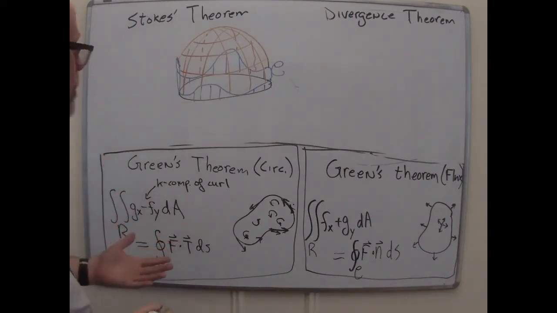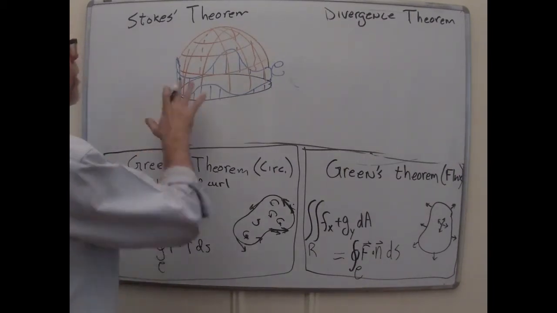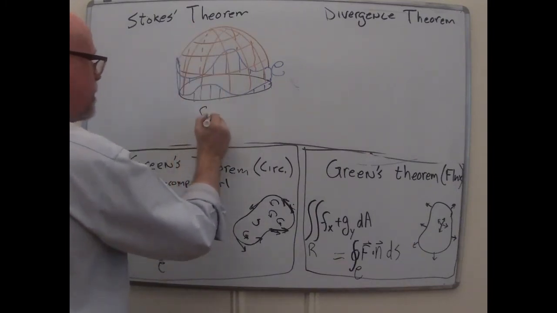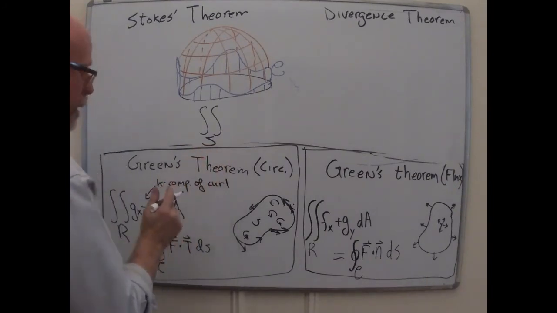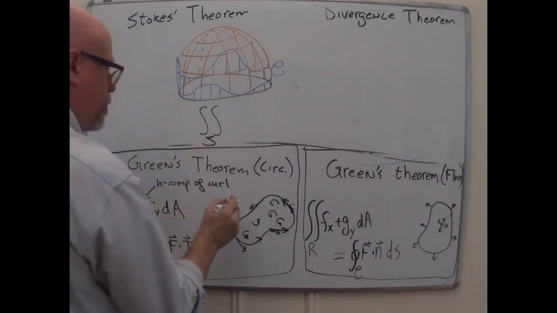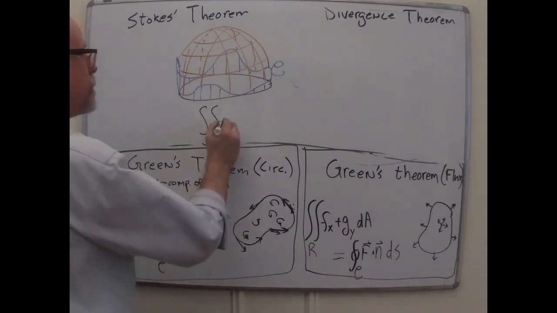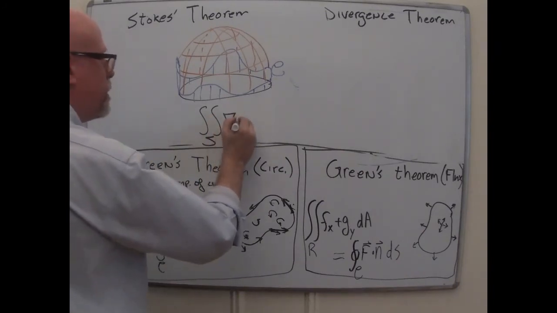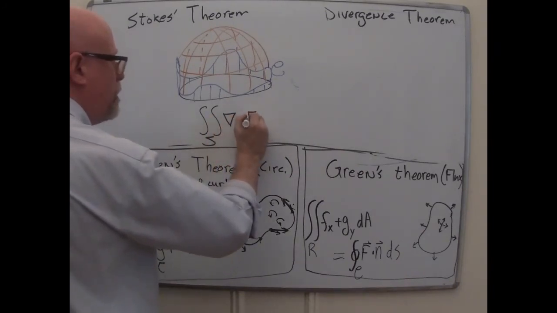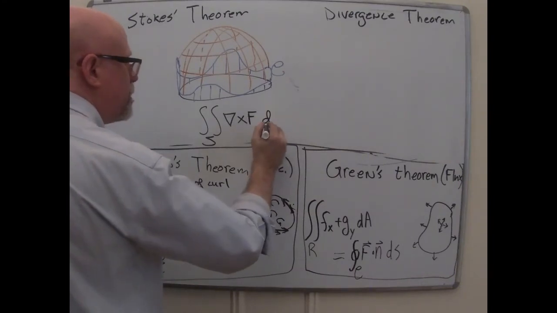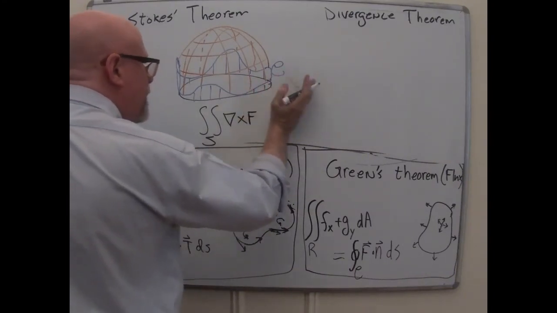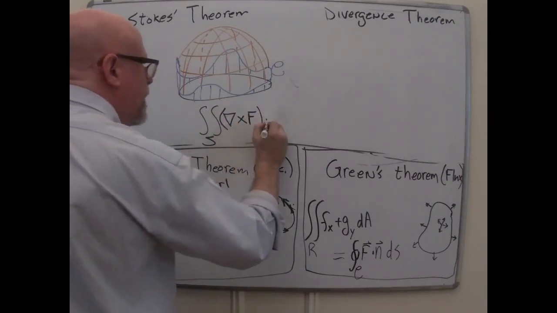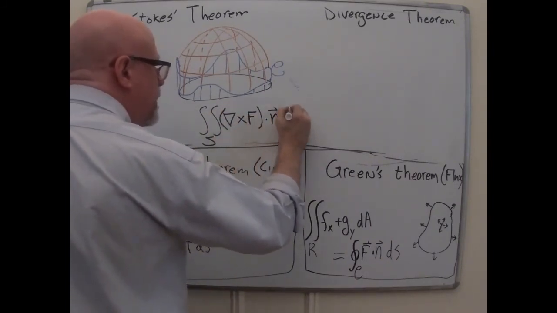Of course, the things have to be appropriate. So on the surface, that's a double integral over S. We're going to integrate the curl of the field, which is now in 3D, you can just write it as del cross F, dotted with respect to surface area. Let's say that dot n dS.